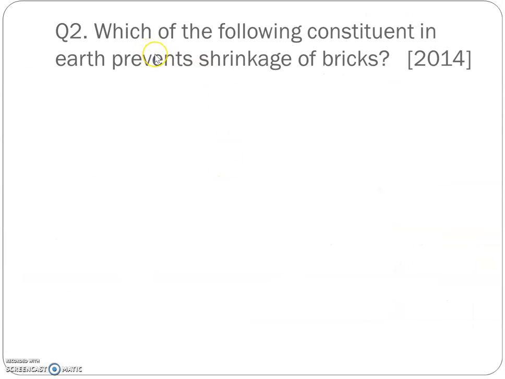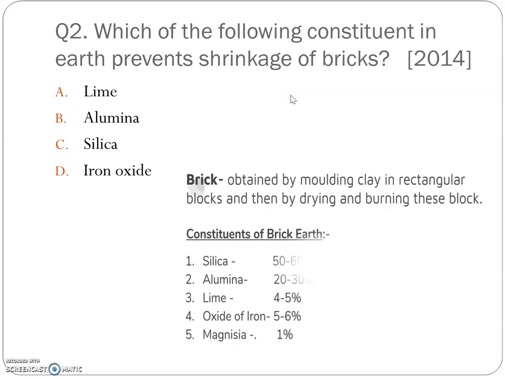Next question. Which of the following constituent in earth prevents shrinkage of brick? So this was asked in 2014. The options are lime, alumina, silica and iron oxide. So first of all, let us see what are the constituents of the brick. What is the composition? So the composition of bricks are silica, which is in high amount, 50 to 60%,